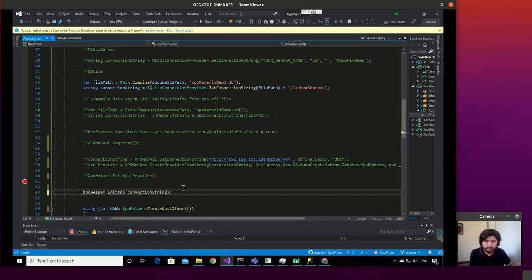Okay, so at this moment we have XPO working, the database is initialized, and we have checked the schema also. And we're able to create sessions or units of work that are attached to